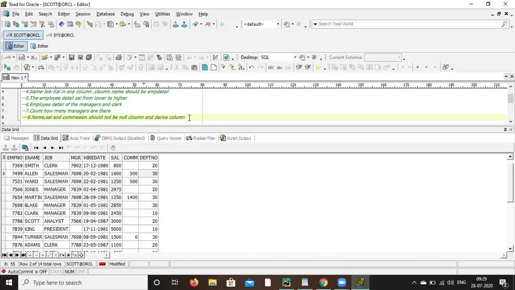Name, salary, and commission should not be null, and derived column equals salary plus commission. So the derived column formula is salary plus commission.